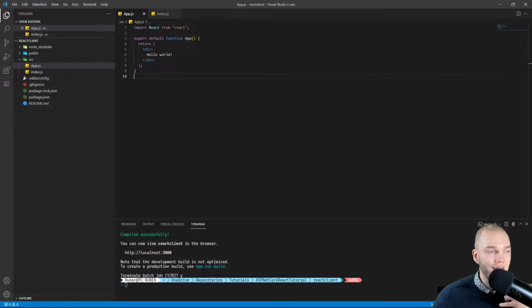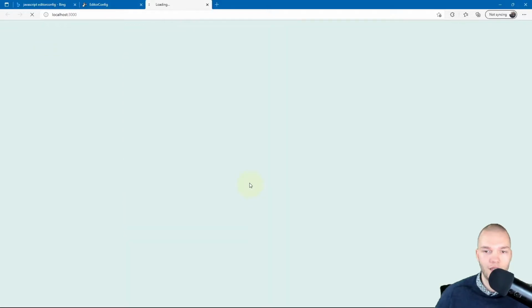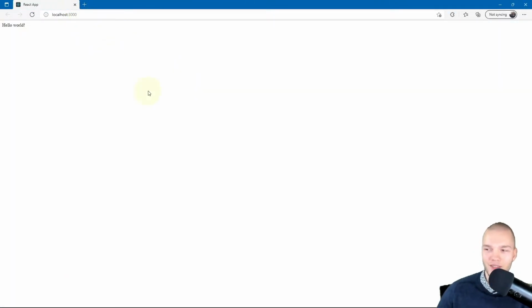Let's run this again. So in the terminal, I'm gonna type npm start, and I'm probably already over an hour in and barely got started with the React frontend. So a slight miscalculation there. I underestimate how much time development takes, but I'm also explaining it, of course. That also takes time. Okay, so there we go. We have a very empty React app now.